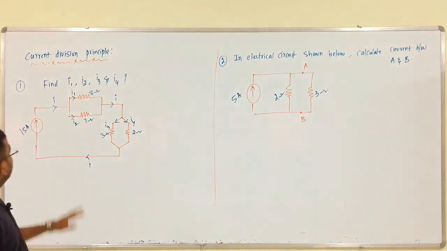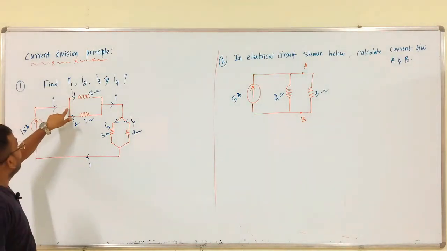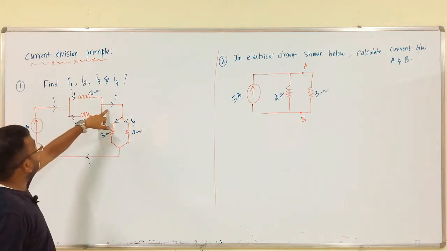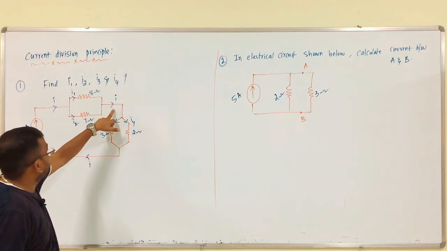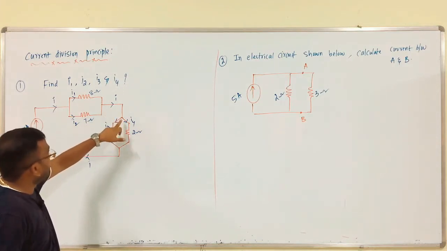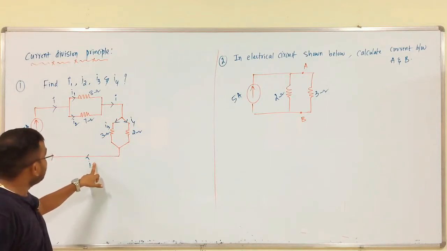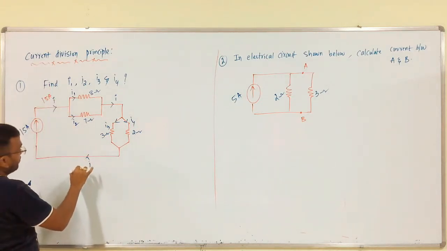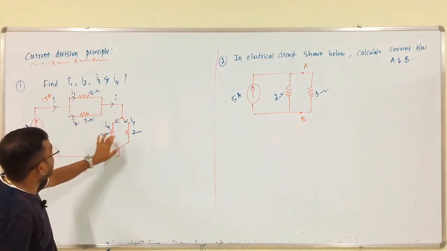So, this is the circuit. Here the current is 15 amps. At this node, the current is split into two, I1 and I2. Again, the current can be added here, so I1 plus I2 equals I. The same amount of current is split into I3 and I4 here. Again, the current is I, this is 15 amps, and this is also 15 amps. Now, we have to calculate I1, I2, I3 and I4.